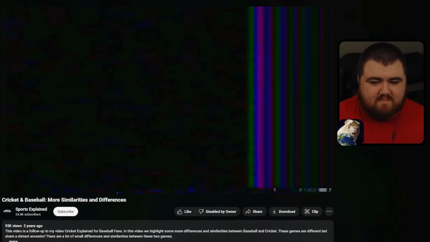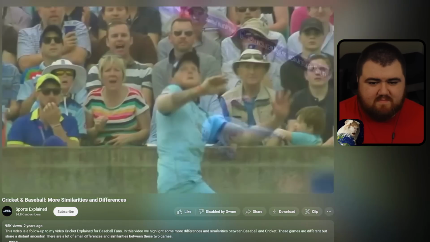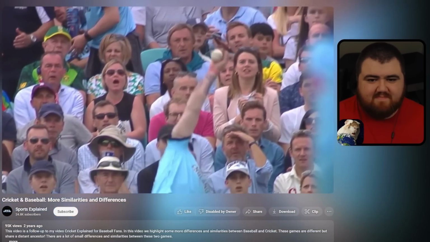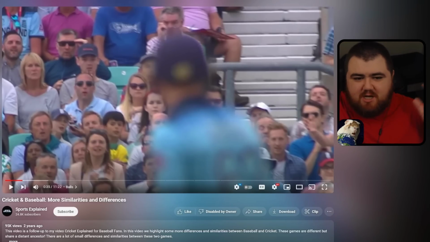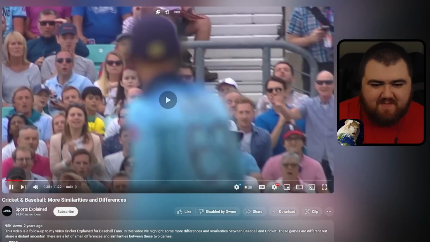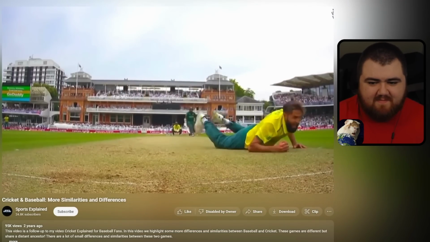One difference, and this is pretty obvious, but it bears a mention, is that in cricket, the fielders catch the ball with their bare hands, while baseball players use gloves. It's crazy, barehanded. I saw one guy, he went to go grab it, and it bounced out, and he started juggling it in the air. It was wild. Noted that the cricket ball is actually heavier and harder than a baseball, so that's just something to know.